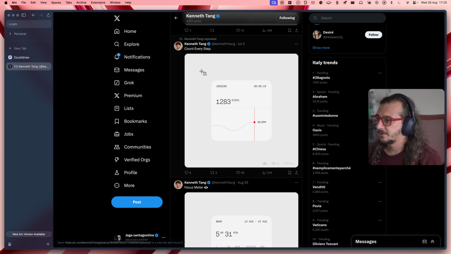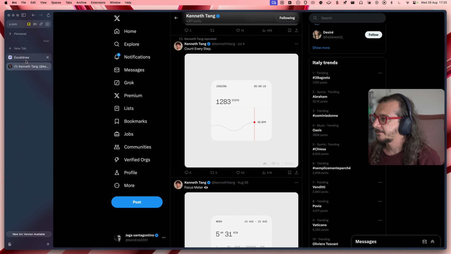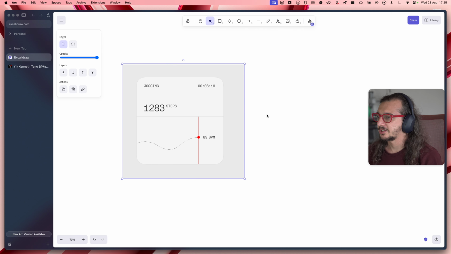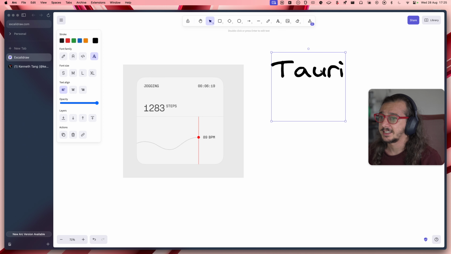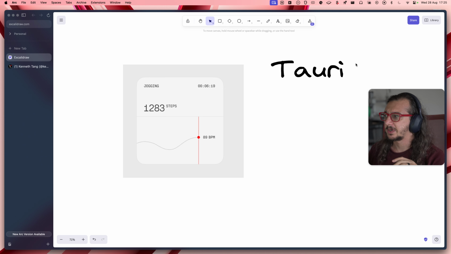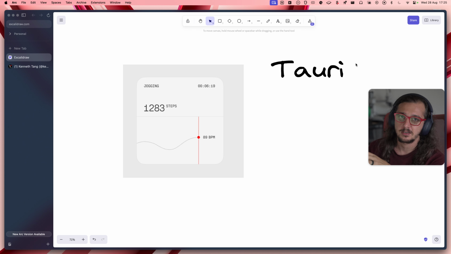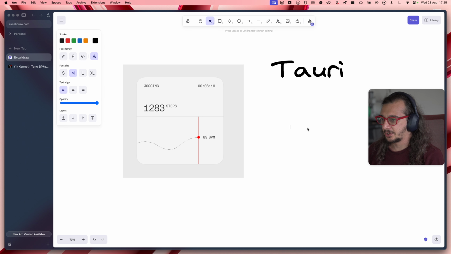This is just a reference. I want to do everything related to the desktop application in Tauri. Tauri is kind of like Electron, so it's a way to package and run a desktop application that uses web technology as a front end. In this case, we're going to use React